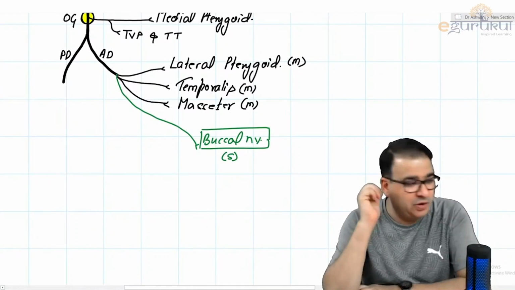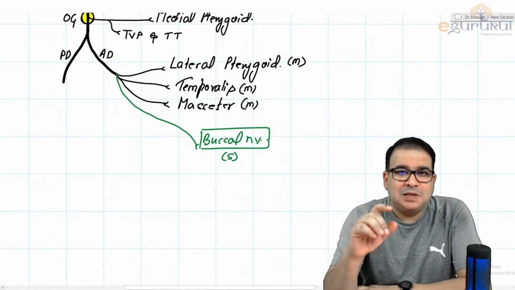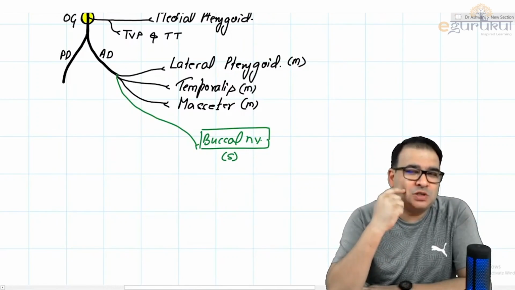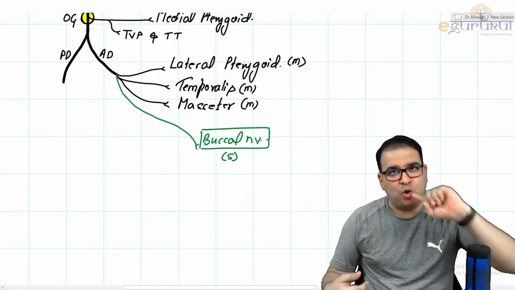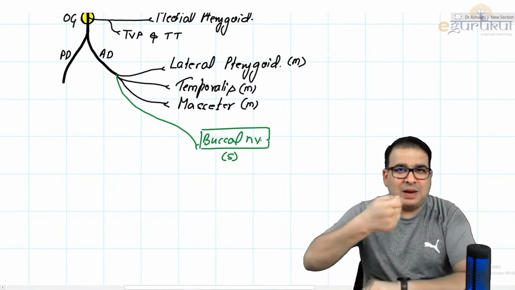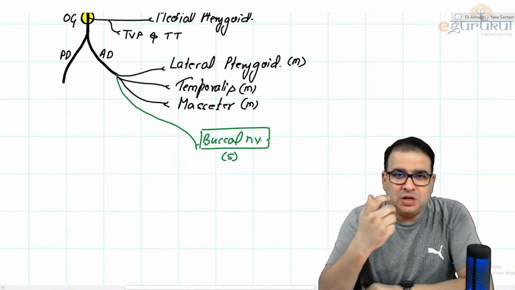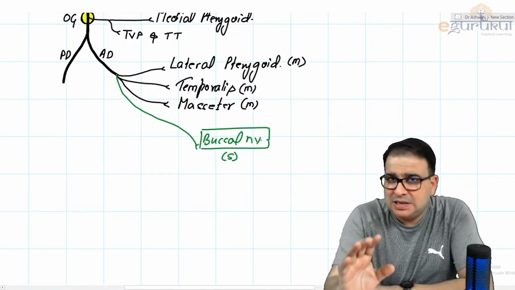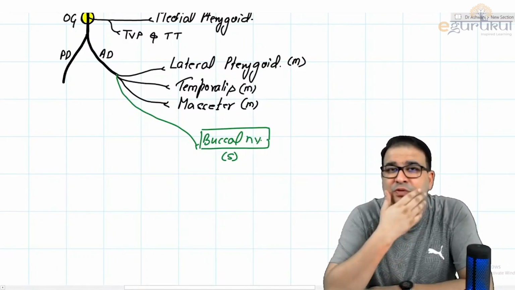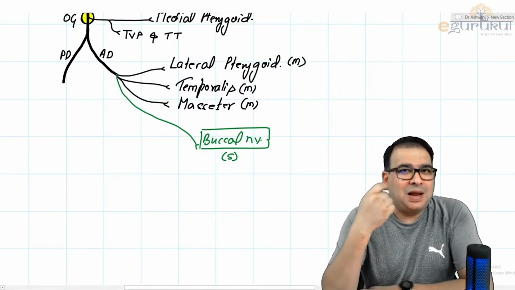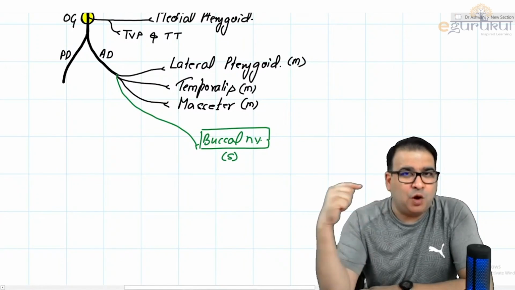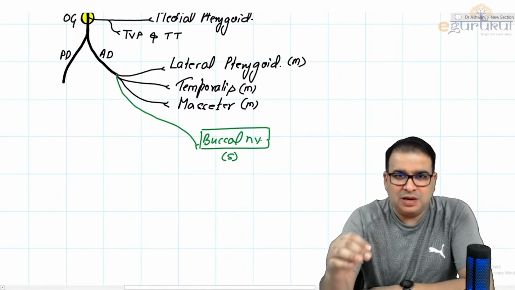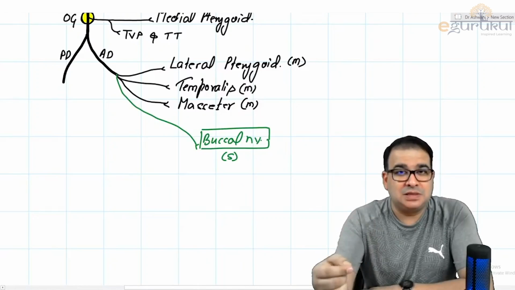And what exactly is this buccal branch doing? This buccal branch of the mandibular nerve is supplying the skin of the cheek here. Buccal means cheek only. And it is also supplying the mucosa of the cheek. Imagine mucosa is inside and skin is outside. So it is supplying the skin and the mucosa. And in doing so, this buccal nerve also pierces the muscle called buccinator. Buccinator is a muscle of facial expression, guys. So this nerve supplies the mucosa, it supplies the skin, and obviously in doing that, it also has to pierce the buccinator muscle. As a general rule in anatomy, if any nerve pierces a muscle or goes through it,